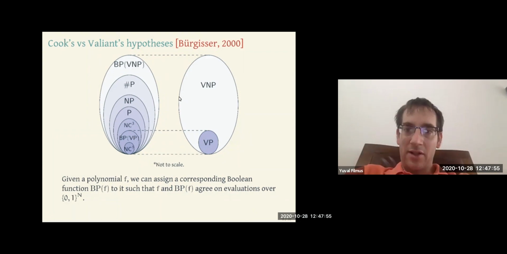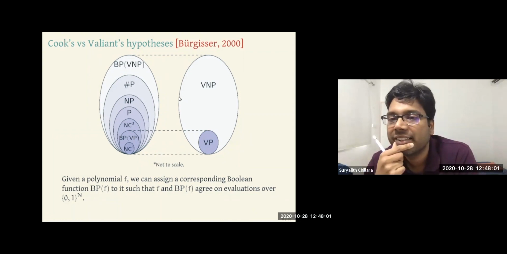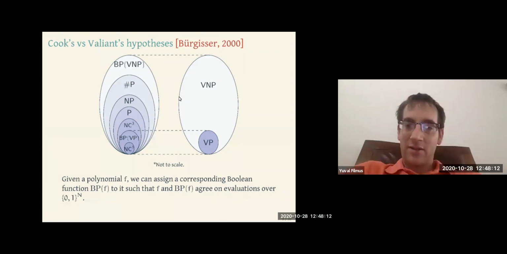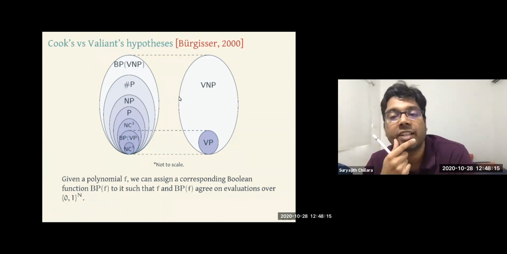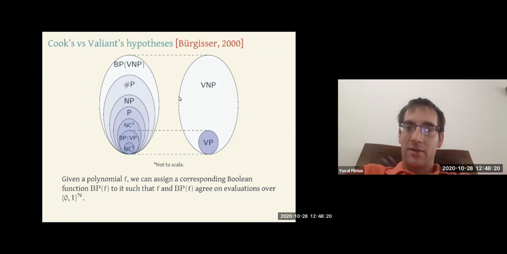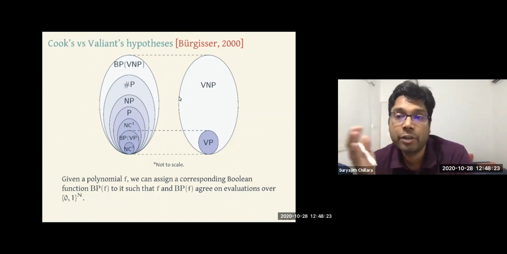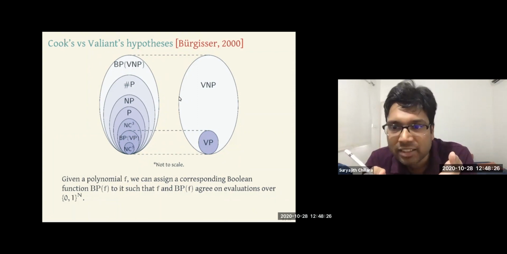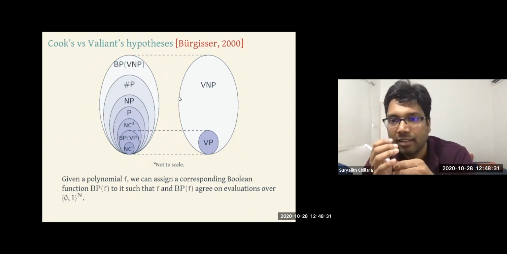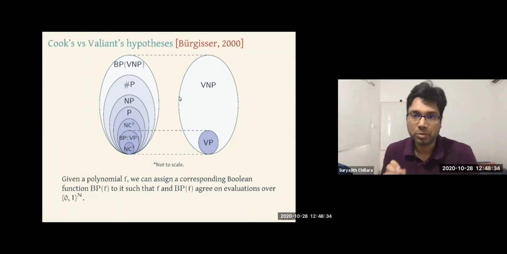Because the permanent is in #P, maybe something like that. If you think of the permanent as a typical function in VNP, then it's not so clear how you get beyond that. The permanent is in #P, but not for every field. Over GF2, they should actually collapse, exactly, like I think Yuval Ishai was saying. So these definitions change as per the field. BP of VNP is actually equal to #P over GF2.